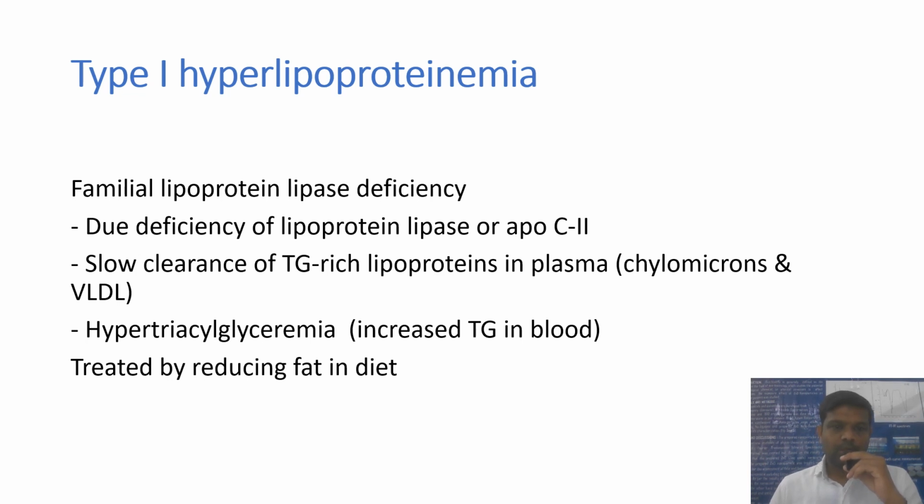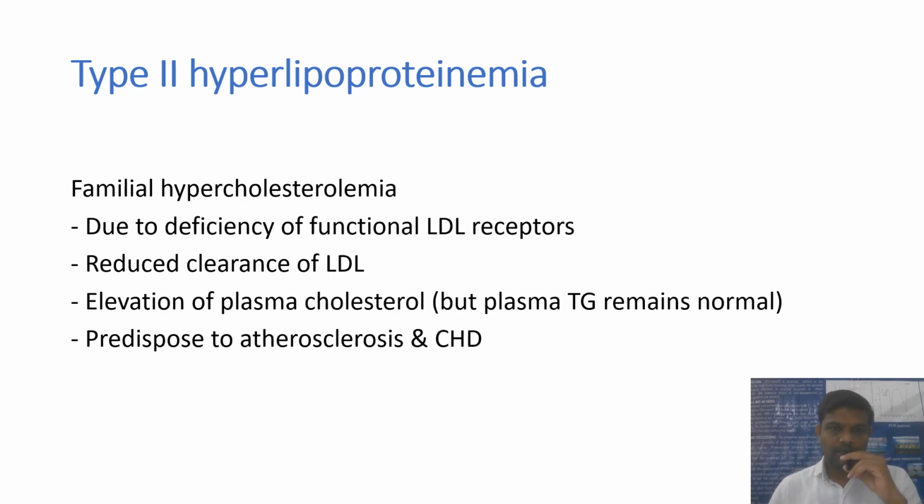Here the slow clearance of triglycerol rich lipoproteins in plasma, which include the chylomicron and VLDL. Hypertriacylglyceremia, which includes the increased triglycerol in the blood, can be treated by reducing fat in the diet. The type 2 hyperlipoproteinemia, otherwise known as familial hypercholesterolemia, due to the deficiency of functional LDL receptors, there is a reduced clearance of